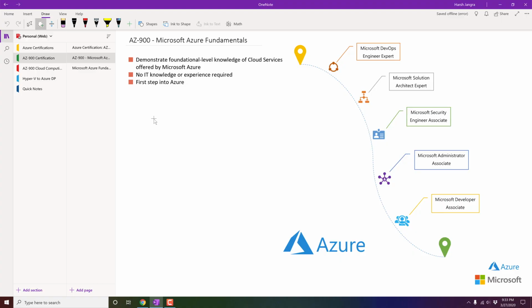And the final one is the security offered by Microsoft in Azure services, so that your workloads and servers running in Azure are absolutely secure and running well. As I said, it does not go into much detail. It is just conceptual knowledge, and once you achieve this certification, you will be very clear about what services are offered by Microsoft and how you are going to use them in the future.